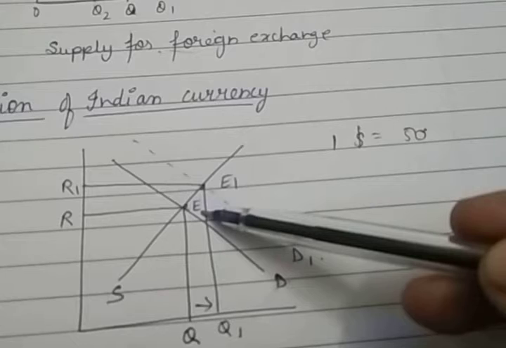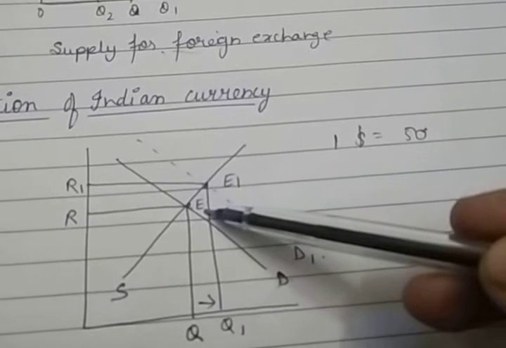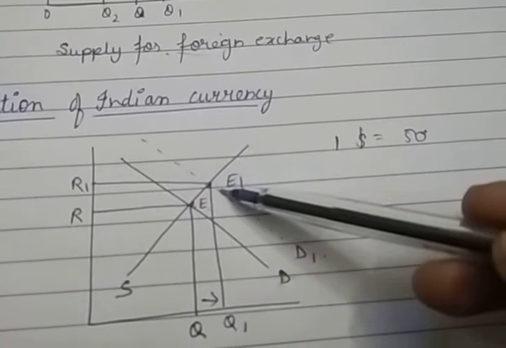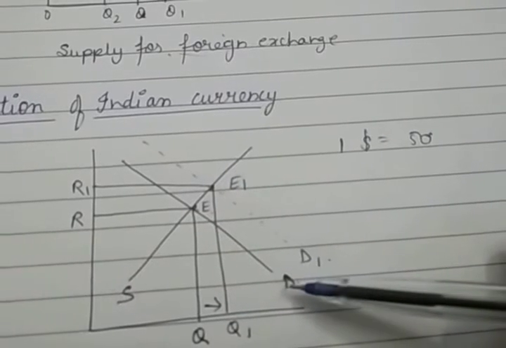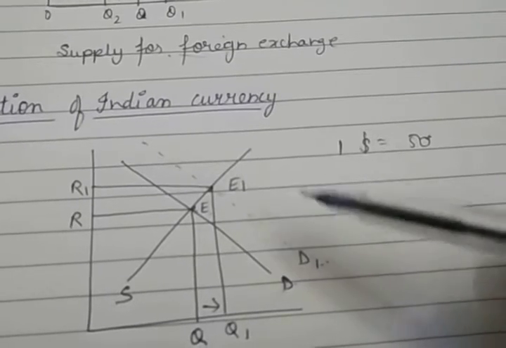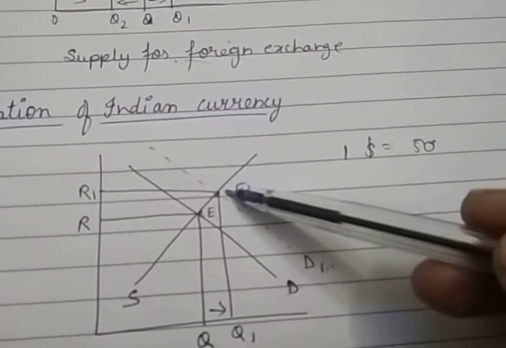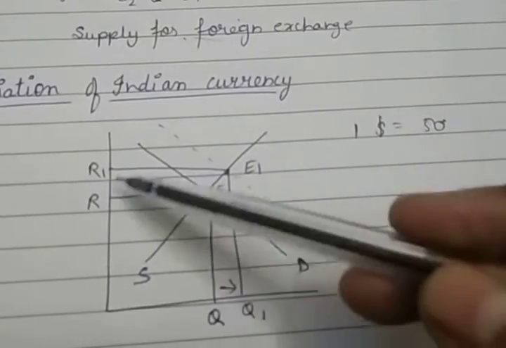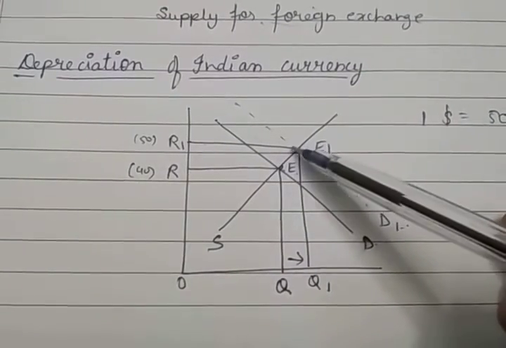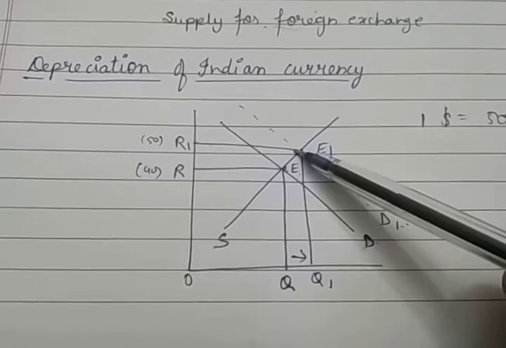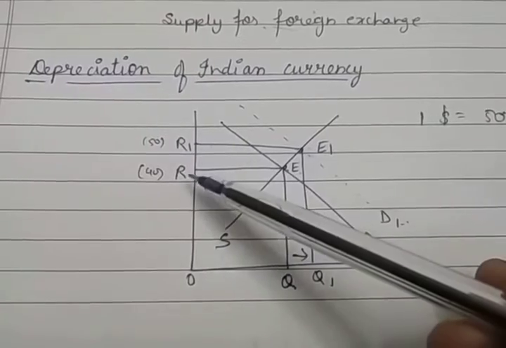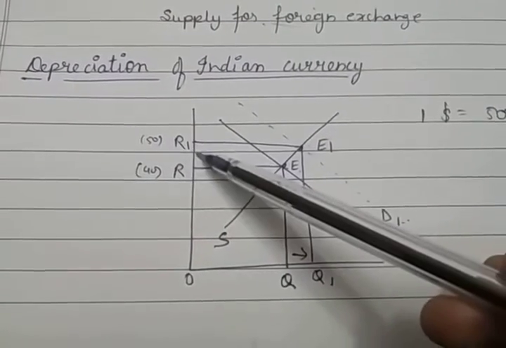But just suppose the exchange rate increases from 40 to 50 rupees per dollar. An increase in India's demand for US dollar will cause the demand curve to shift from DD to D1 D1, and the new intersection point will be at the higher rate. So it means the exchange rate will rise from OR to OR1. So it shows depreciation of Indian currency, because more currency, that means 50 rupees instead of 40, is required to buy $1 US.